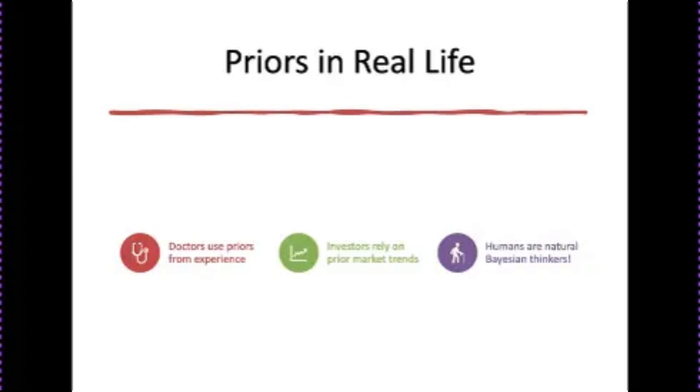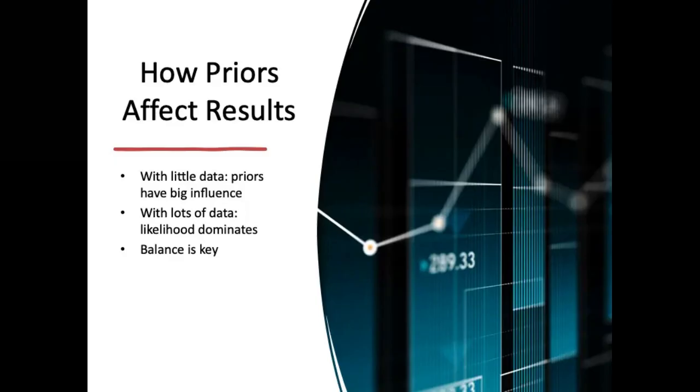So you might not realize it, but we use priors all the time in real life. A doctor might expect a flu diagnosis during flu season, and that's an informative prior. Or an investor may rely on recent market volatility to guide his or her decision, another form of prior knowledge. And even toddlers learn language, and they start with expectations about sounds and shapes. As you can see, our brains are wired to update beliefs using past experience, and that is Bayesian thinking at work.